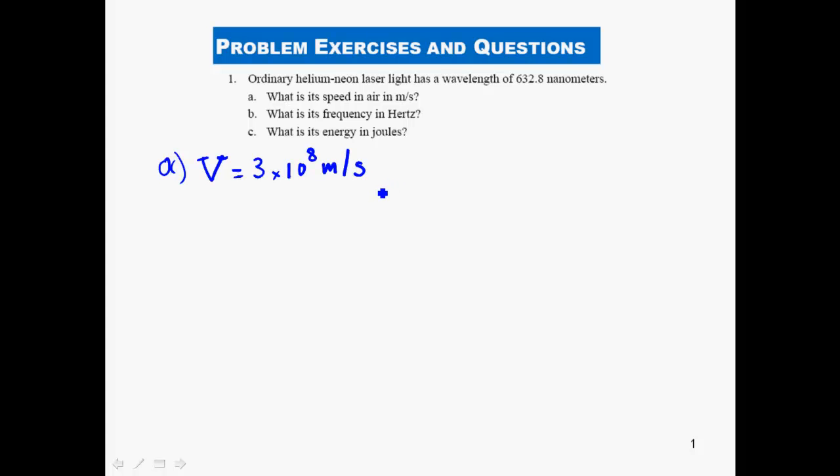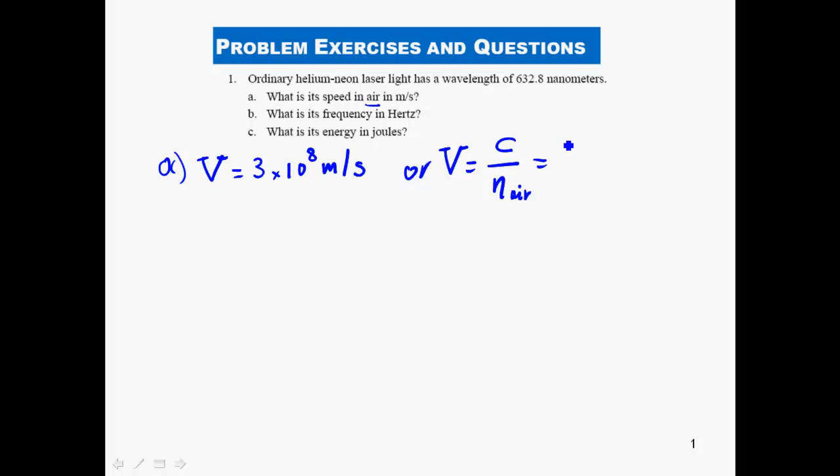So let's see, in air, yes, because this is the speed of light in vacuum, okay? So if you divided that by 1.0003, you would get a more accurate answer, right? Either way, we can do this, or we can say that v is equal to c over the index of refraction of air,